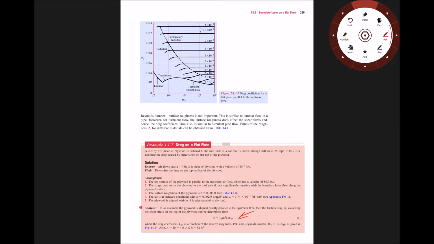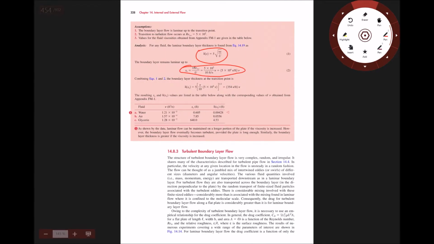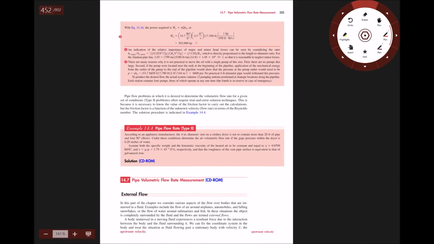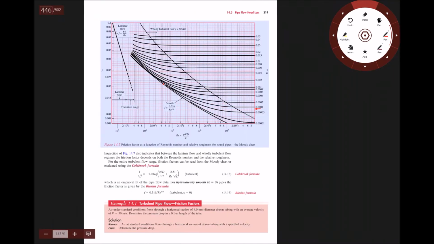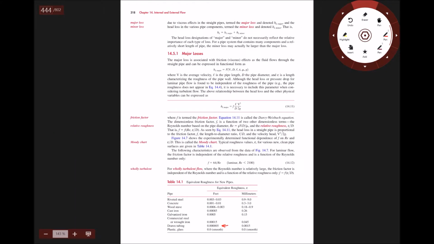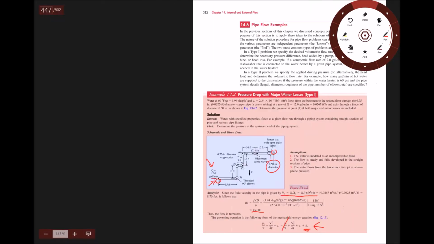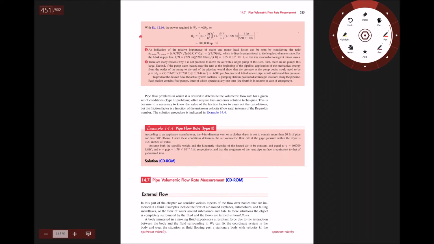Well, we need to know the surface roughness of the plywood. And again, we're looking at table 14.1, the one where we had the roughness. Where is the plywood? Wood. Okay, so we are coming up with an intermediate number over there,